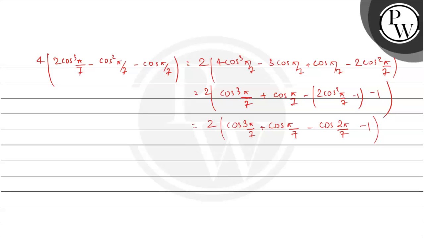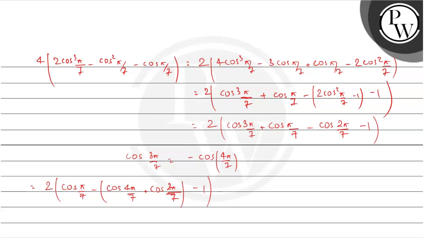Cos of 3 pi by 7 would be equal to minus cos of pi minus 3 pi by 7, which is 4 pi by 7. And replacing this cos of 3 pi by 7 by minus cos of 4 pi by 7, the above equation will become 2 times cos of pi upon 7 minus cos of 4 pi by 7 plus cos of 2 pi by 7